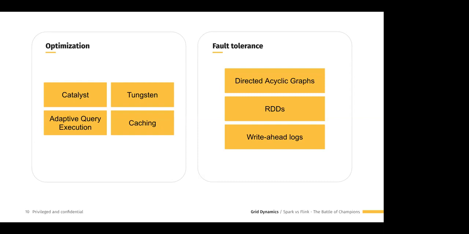In terms of fault tolerance, Spark is designed to handle worker node failures. It achieves this by using RDDs and lineage DAGs, as previously mentioned. A DAG contains the lineage of all the transformations and actions needed to complete a task. So in the event of a worker node failure, the same result can be achieved by rerunning the steps from